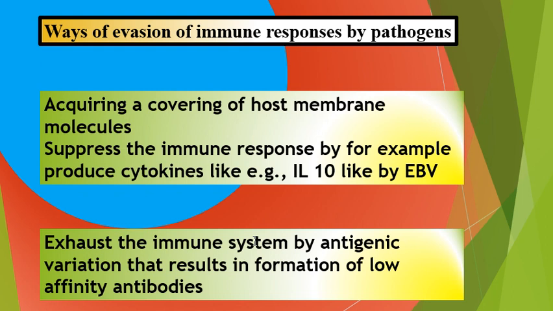So when the pathogen is under attack by the immune system, it will change the gene segments, and then this will result in formation of a new protein, and so the immune system will see this protein as if it sees it for the first time, so it will produce a new defense against it, and then the pathogen will again change the surface molecule, and this actual process may exhaust the immune system, and also the immune system in such a condition may produce some antibodies of low